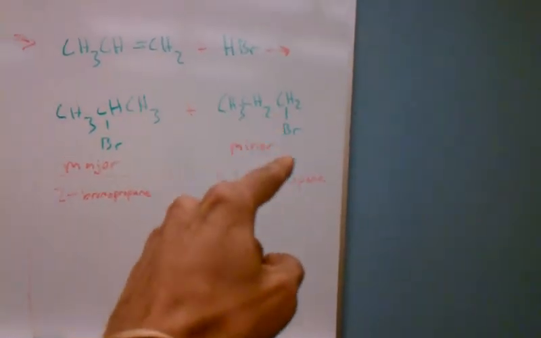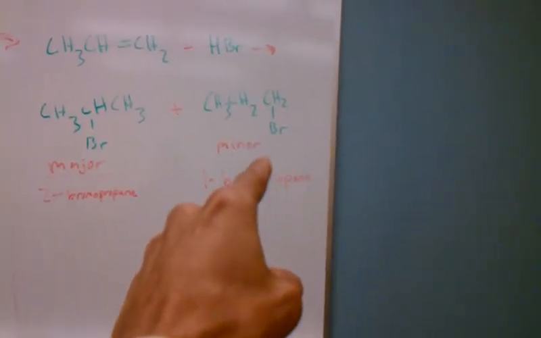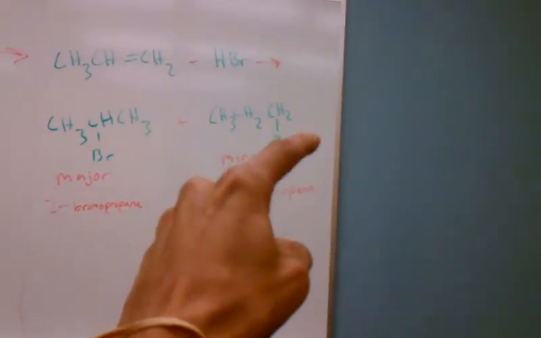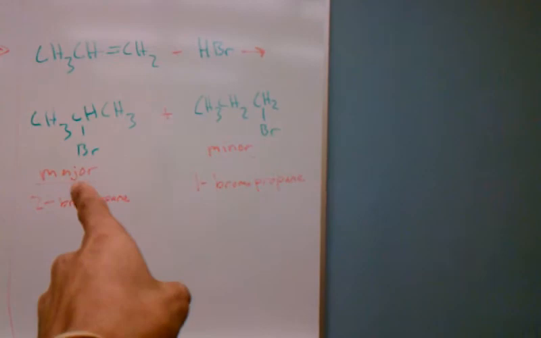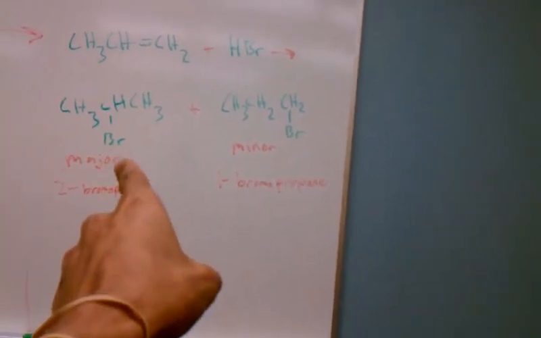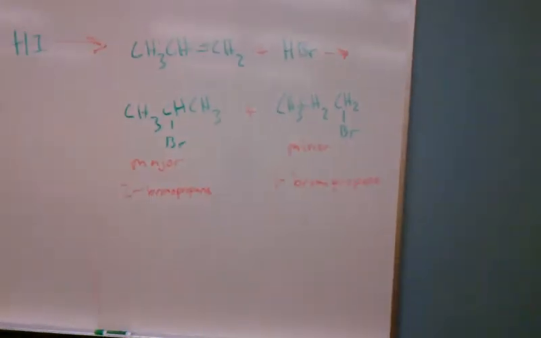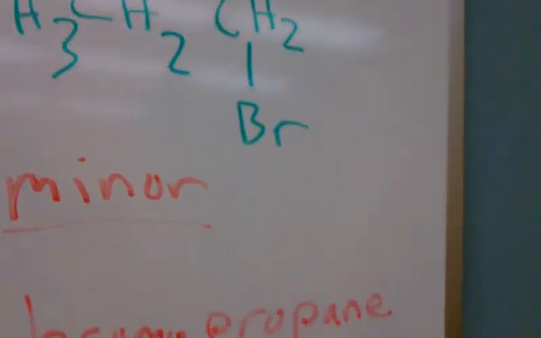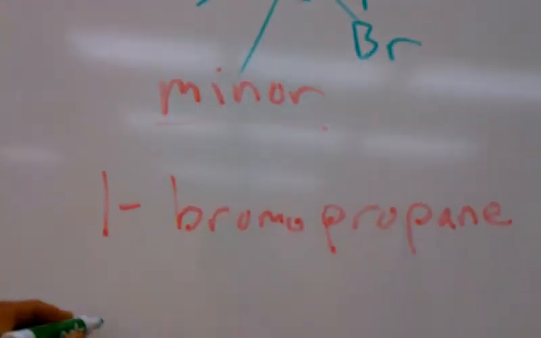Now, maybe I drew this minor product incorrectly. Maybe I don't have to have that visible bond there. I could just put that Br on the side. But this one I know for sure I needed that visible bond because that bromine was landing in the middle of that equation. Let me check that. Yes, I was correct. This is drawn incorrectly. It should be